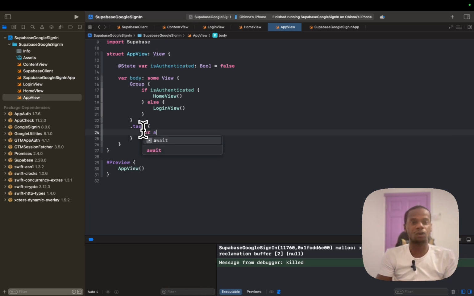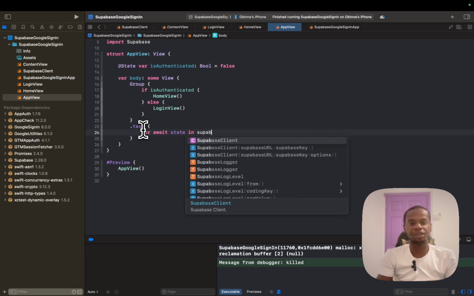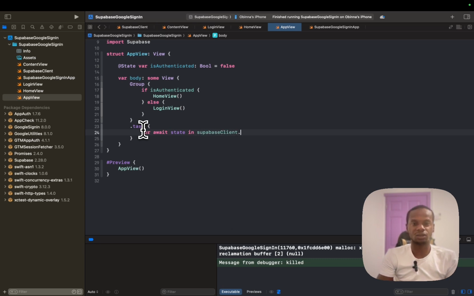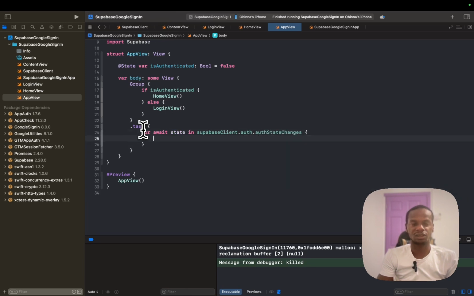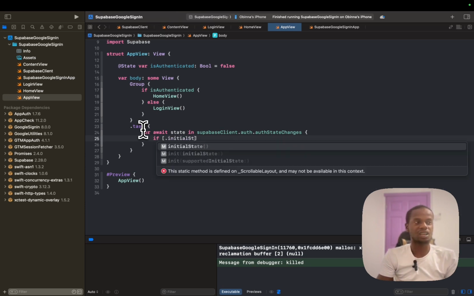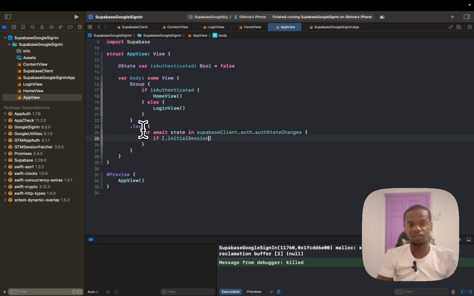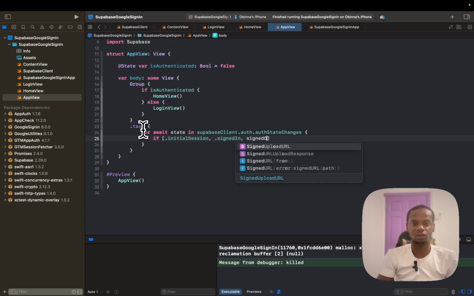So we write the for await loop: for await state in Supabase client.auth state changes, and we are going to check for the initial session first, then we're going to check for the signed in session, the signed out session. It's going to be a dot signed out session,